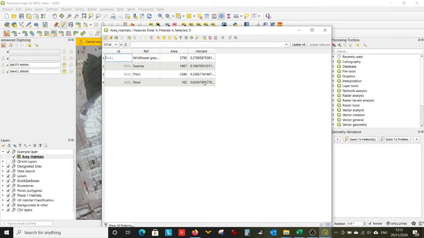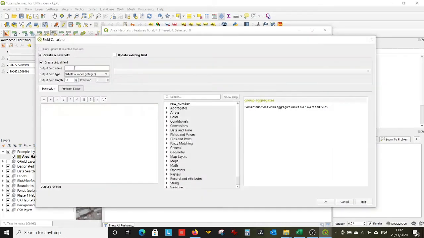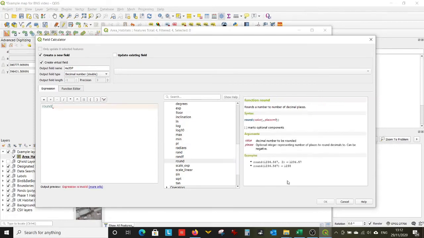Once again, it would be better if that could be 2 decimal places, so we'll open the field calculator again. We'll call it something vaguely legible. Hectares to 2 decimal places. Make sure we change that to decimal number double. And then we're going to use the round function to round the value to 2 decimal places. Again, you can type it in if you know it, or you can look on the operators here, and we've got math, that makes sense. And then happily they're in alphabetical order. Round, that makes sense. Again, it's got some information for us here as to how to use it, examples,